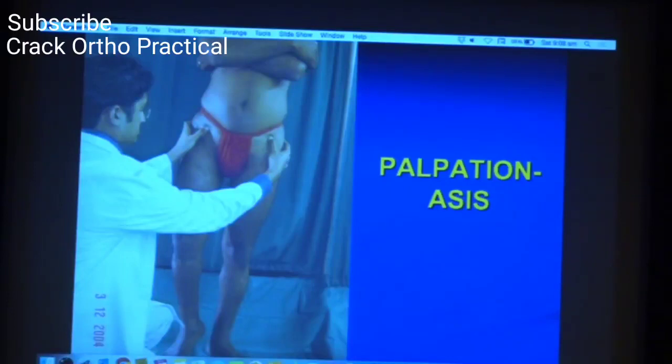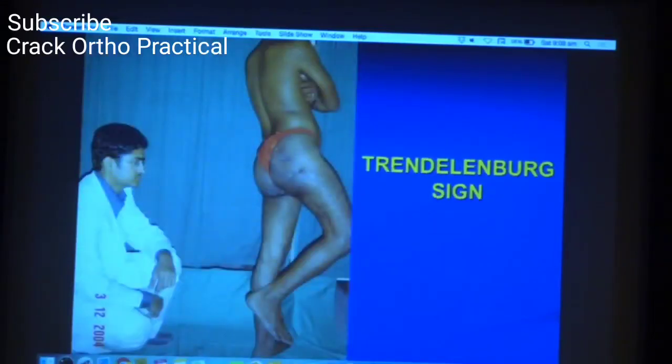And to be able to comment on the level of the anterior superior iliac spine, it is needless to say that your eye level should be at the same level as the anterior superior iliac spine, and this is how you should be in the kneeling position to be able to comment correctly about this indicator. Similarly, if you are performing the Trendelenburg sign, you need to be sitting behind the patient, and the eye level should be more or less at the level of the gluteal fold to make a very correct observation of what is happening to it.